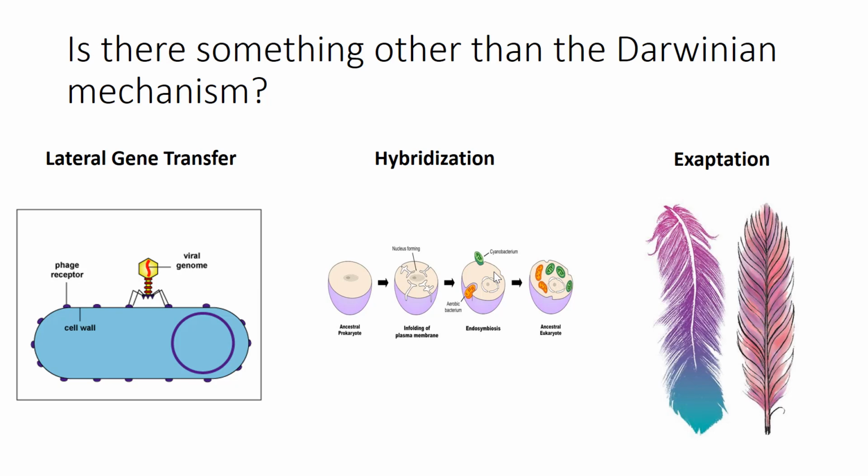The last one is exaptation, and an example of this is feathers. The idea is that feathers evolved first for insulation, and then over time were able to be modified into flight feathers and used to enable gliding and then ultimately powered flight. And so this idea of an exaptation or a co-option, or sometimes you'll see it referred to as a pre-adaptation,